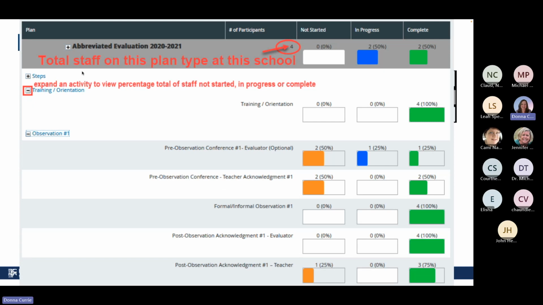This report is not very user-friendly to print, but if you need numbers and statistics for your superintendent, this is the place to find that. Once you click on that, you narrow it down by school. You can see how many people are on that plan type, total people, how many have not started, how many are in progress, or how many are complete. And you're hoping at this point in the year you have all of your beginning of the year stuff taken care of, and you are now working on that mid-year information. But this might be a good report to get those statistics and numbers for your superintendents or whoever else might need that in administration.